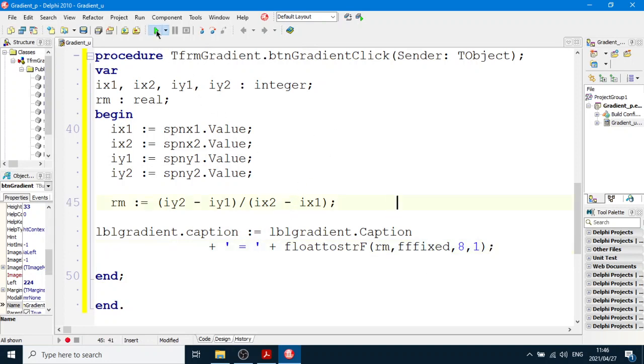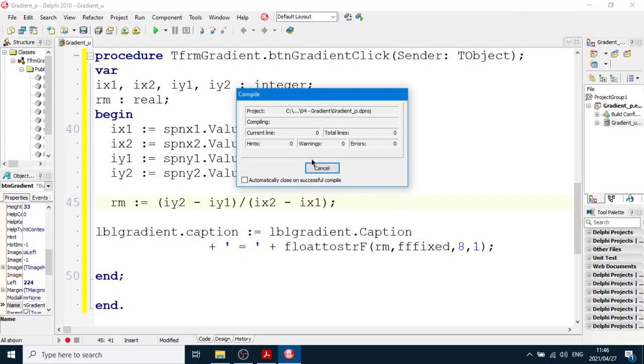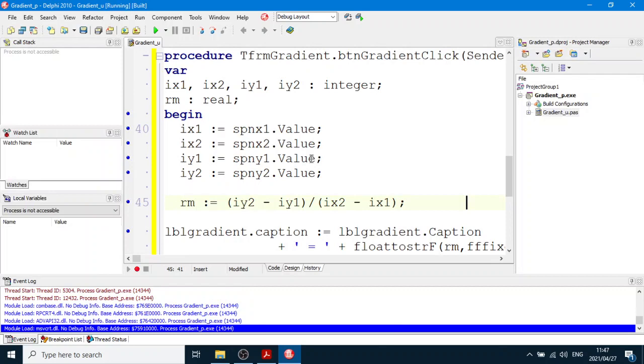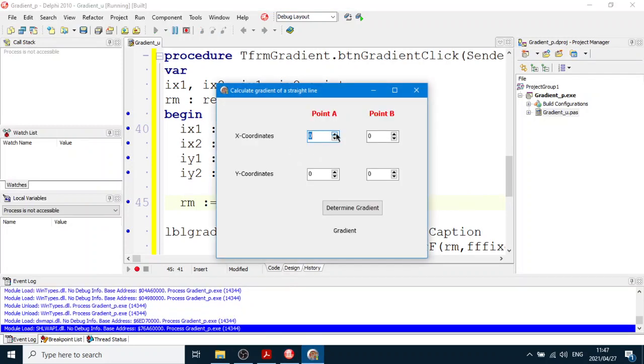So I'll run the program and choose some numbers. Any random numbers. Don't know what I'm doing here, but just going to choose some random numbers and probably says that is 2.0. If I change the numbers up, still minus 5.0. So if the gradient is negative, as you can see,